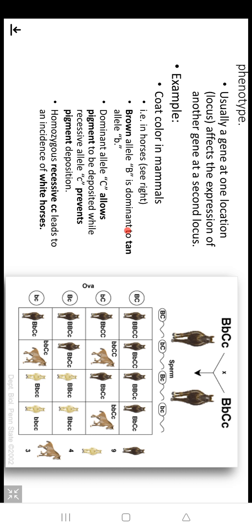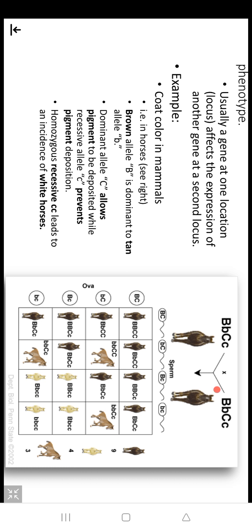So the brown color and tan color will only appear when the horse has dominant C on the other locus. Homozygous recessive, that is now the cc, leads to an incidence of white horses, because the recessive gene doesn't allow any color to be deposited. In such a scenario, you find, for example, this form of a dihybrid cross, whereby we are crossing